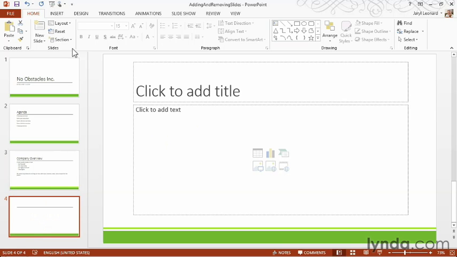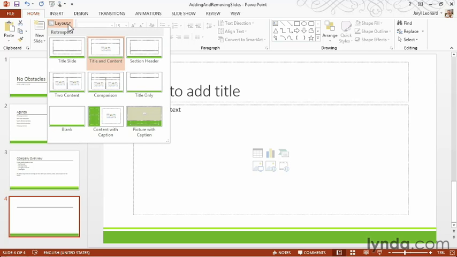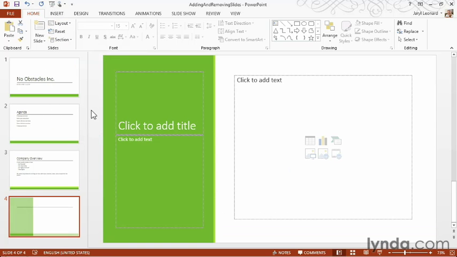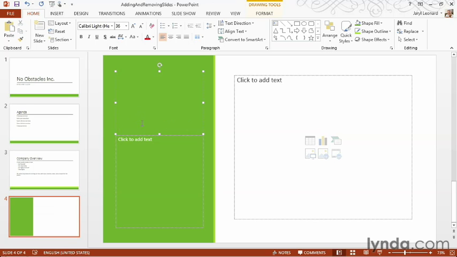In the Home ribbon tab, come up to Layout, and now we can change it to whatever layout we want. In this case, I'm going to choose Content with Caption. Because while we're building this presentation, now it's time to start talking a little bit about our executive team. So here's my placeholders, and I'm going to start by adding some text to it. I'm going to come down here to the next placeholder,